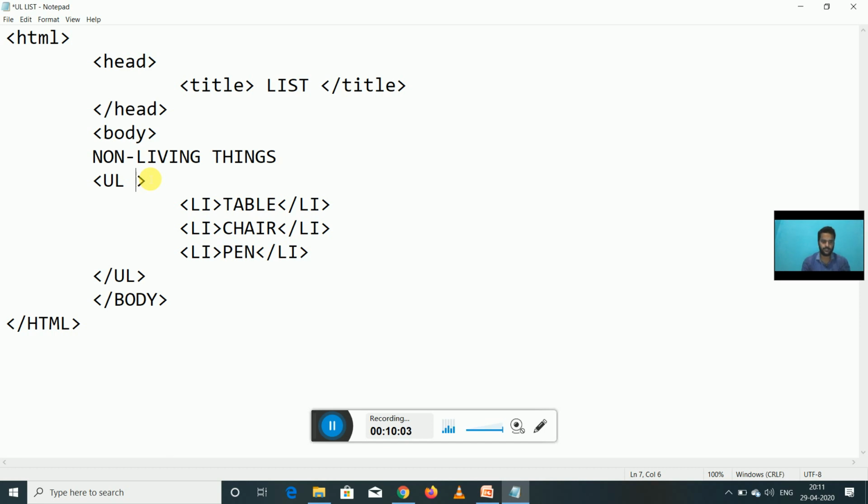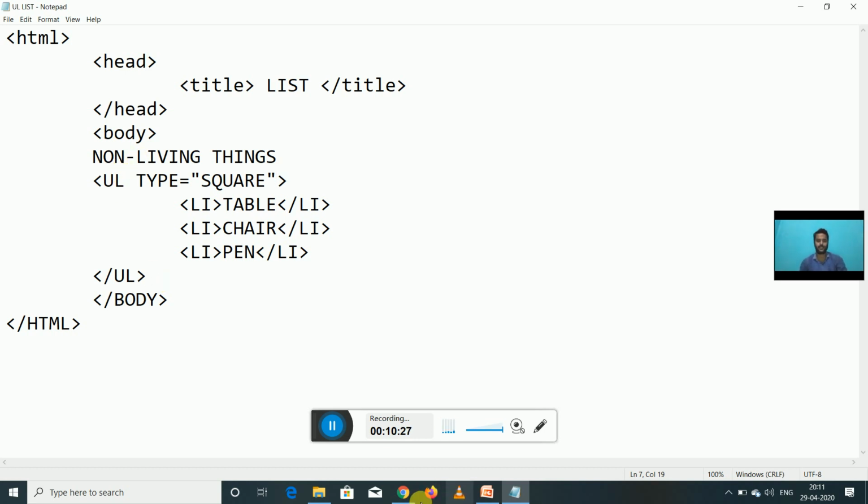ul type equals to, type is an attribute of the ul tag, the unordered list tag. ul type equals to, I want to write square. Square, control plus s, save.